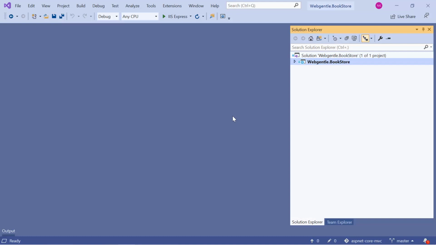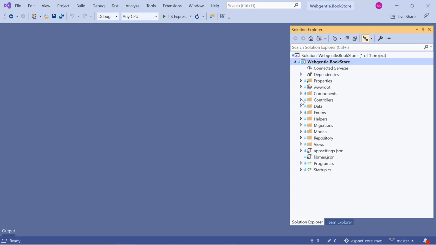Here again we are back to our bookstore web application, and in this web application you can notice that we are using several repositories. Let's open the repository folder. Over here you can notice that we have two repositories. Other than these repositories, there are a couple of services that we generally use in our application. What are those services? For example, you can say logging services, or we can say the configuration services. So all these services that are available in ASP.NET Core, you can use all of them directly onto your view.